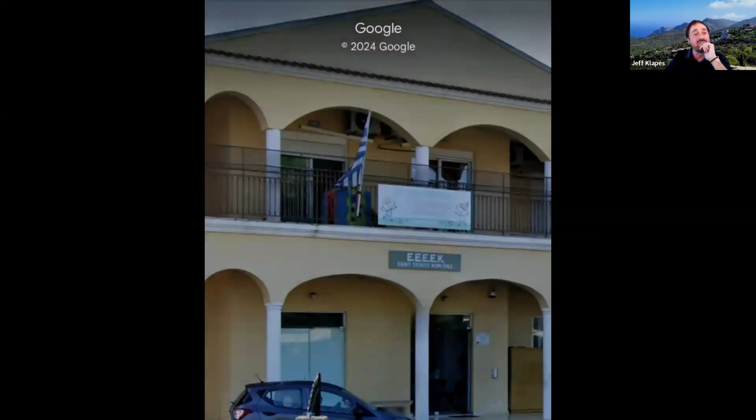And I'm going to end with something funny because I didn't know where else to put this in my program, but I just thought it was funny, particularly for English speakers. We drove by this organization called EEK, which is funny in English, but in Greek it stands for the Εργαστήριο Ειδικής Επαγγελματικής Εκπαίδευσης και Κατάρτισης Kerkyras. And what it means is, essentially, a vocational school for kids with special needs. There's a whole network throughout the country, but it's particularly humorous to English speakers to see that the abbreviation for it is EEK. Anyway,